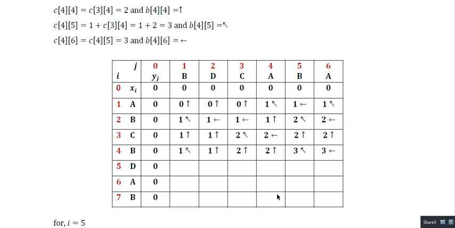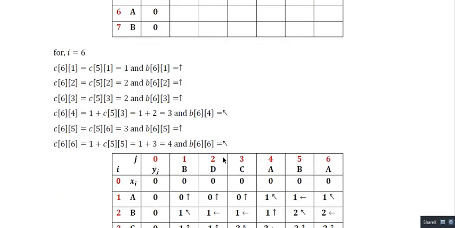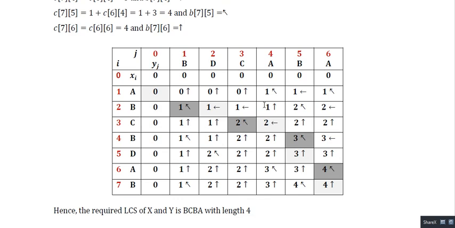Okay, and finally you see this is our final answer. Just don't care about this highlighted portion. I have highlighted it to find the actual characters present in the LCS, so forget that for now. Let me tell you one thing. After you find this whole matrix containing the entries of matrix C and B, C contains the length of LCS and B contains the direction to find the actual sequence present in the LCS, right?